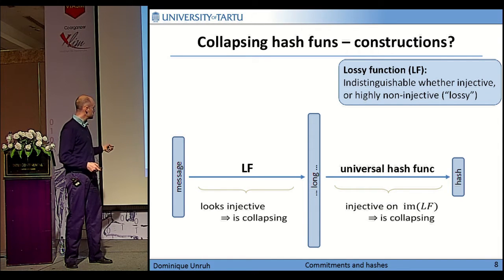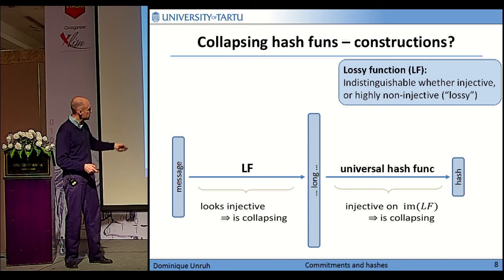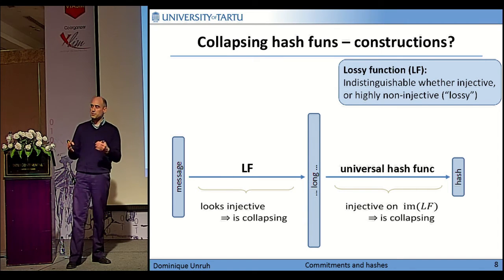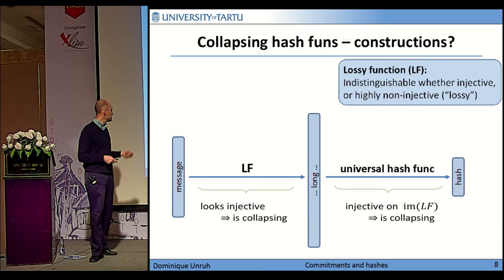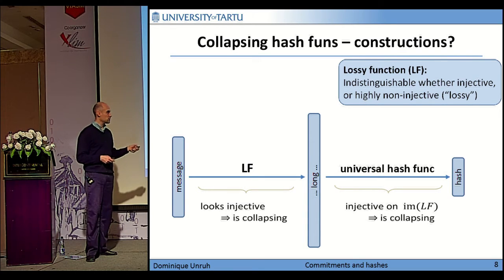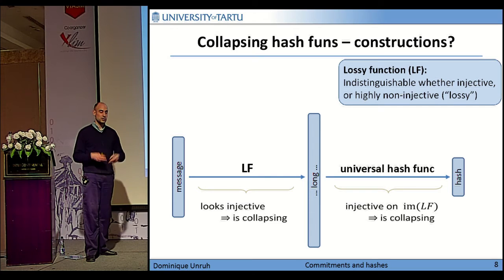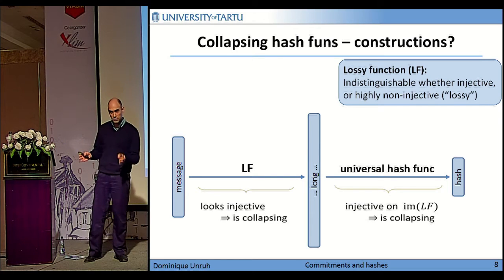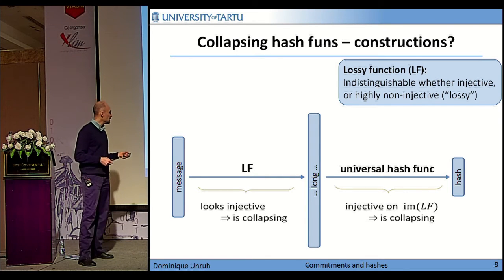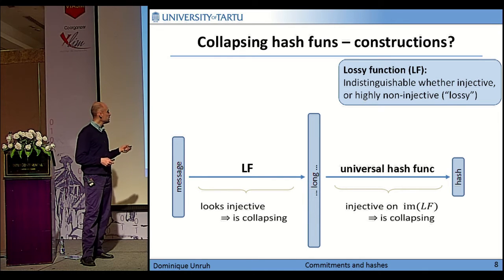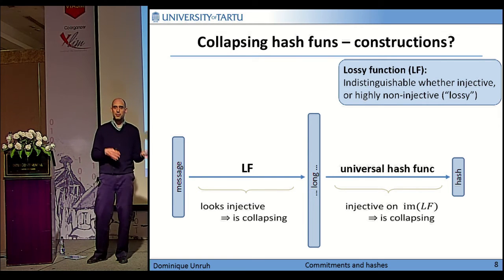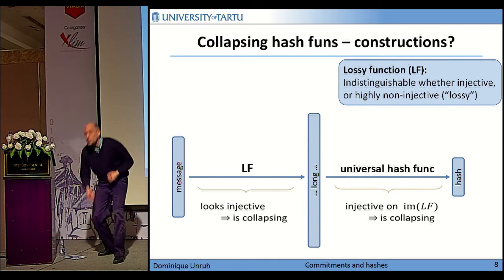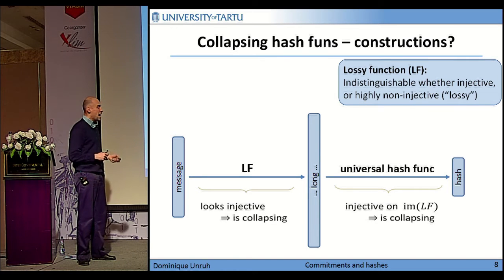We take a message, and the size of these blocks represents how many bits the different inputs and outputs are, so that you see where it expands and where it gets smaller. So we take the message and feed it through a lossy function. Now the bit length of the output of a lossy function is considerably longer than what we put in, so it wouldn't be a good hash function. But by definition of a lossy function, the lossy function always looks injective. No matter whether we use a lossy parameter or an injective parameter, it will always look like an injective function.